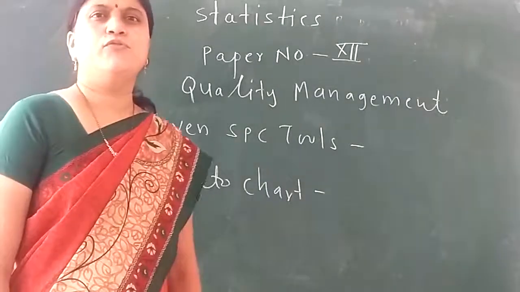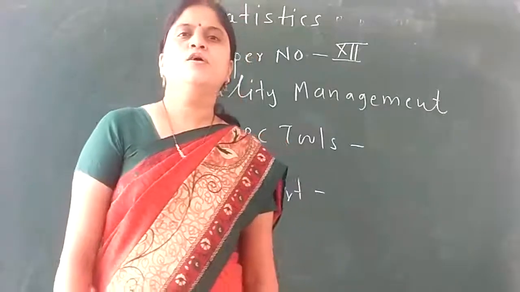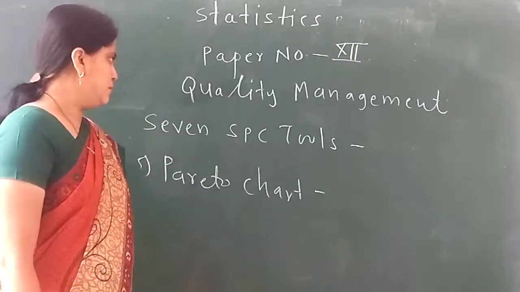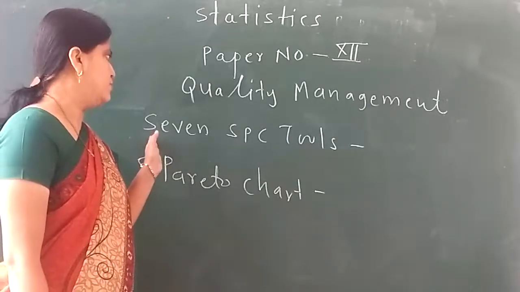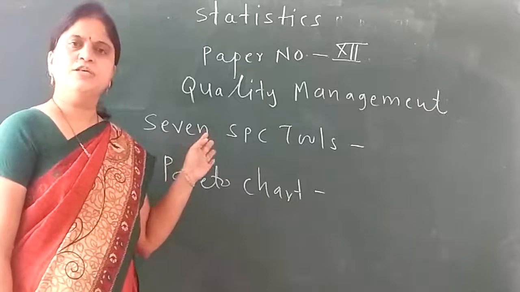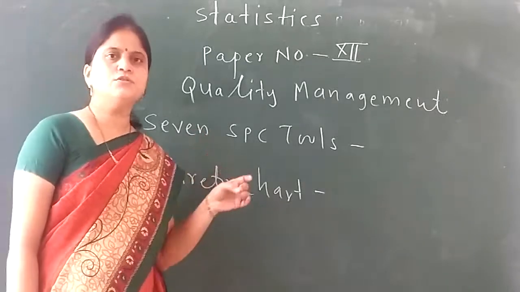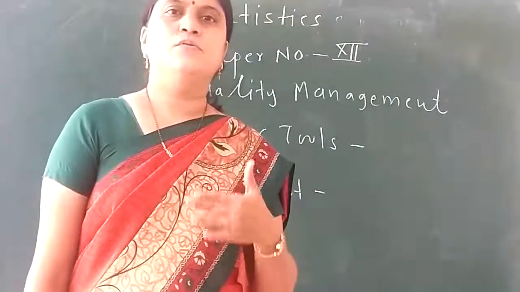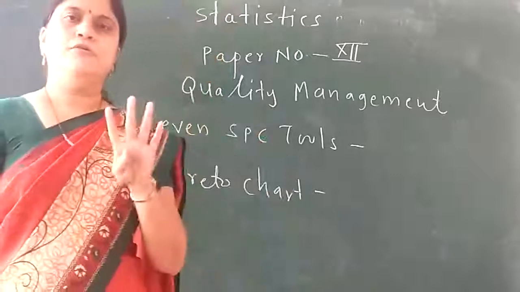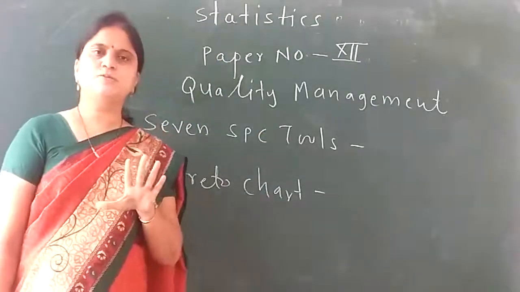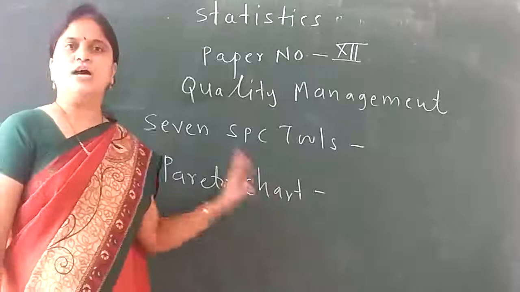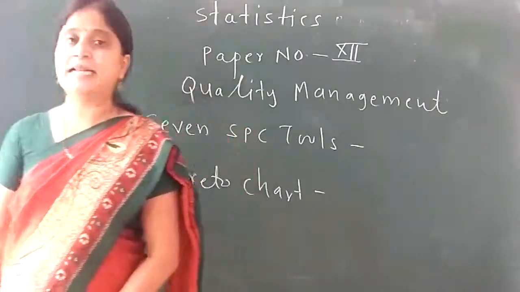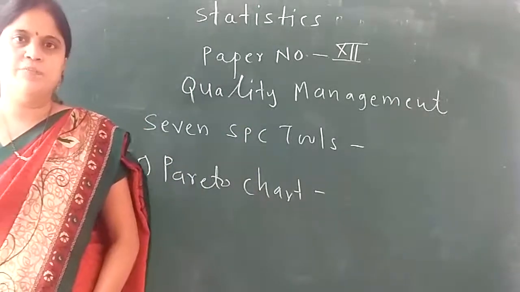In the series of lectures of BSc third year for the paper Quality Management, in the previous lecture, I was with the 7 SPC tools. Out of these 7 SPC tools, in the previous lecture, we already studied 4. Now my 6th SPC tool is the Pareto chart. Pareto chart is often used in the measure and analyze stage of the DMAIC cycle.